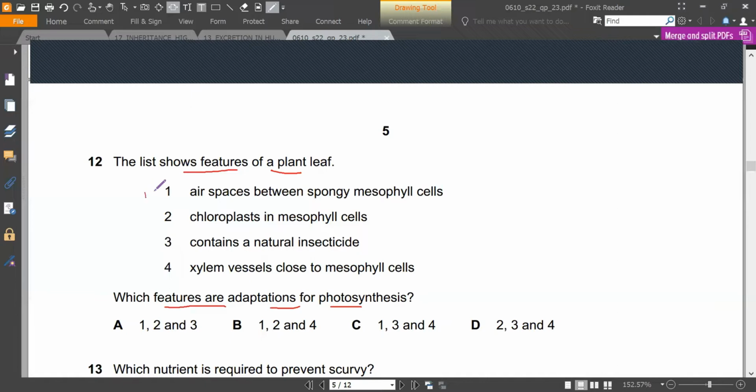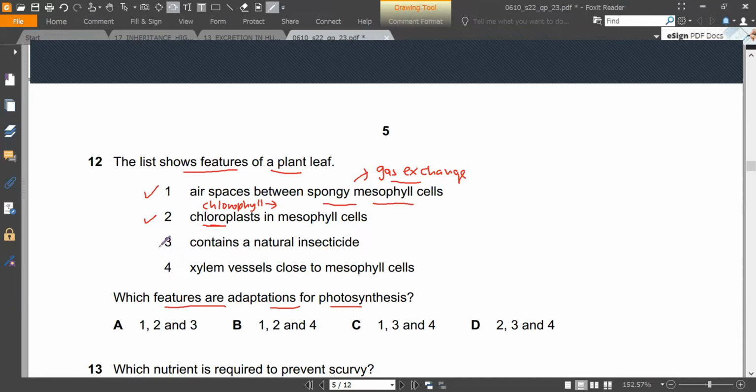So first, air spaces between spongy mesophyll cells. The air spaces will allow gas exchange, so for the carbon dioxide to enter the leaf structure, the air space allows the carbon dioxide to come in. So yes, it will support photosynthesis. Chloroplast, yes, also, because it contains chlorophyll, which will absorb the energy from the sun, so that the energy is used to